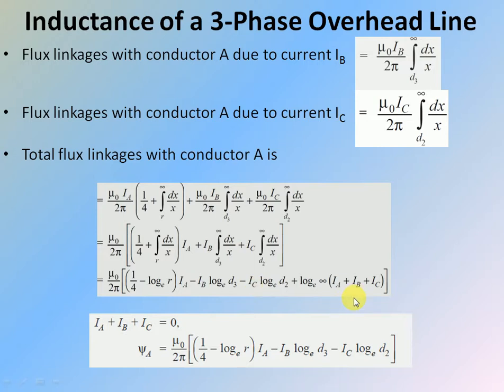Since our system which we have assumed is a balanced one, that is the loads are balanced one, therefore just like we have mentioned before, Ia plus Ib plus Ic term will be 0. So in this relation you have to substitute this whole term as 0. Then you will be left with this relation. This is the relation for flux linkage associated with conductor A under unsymmetrical condition.